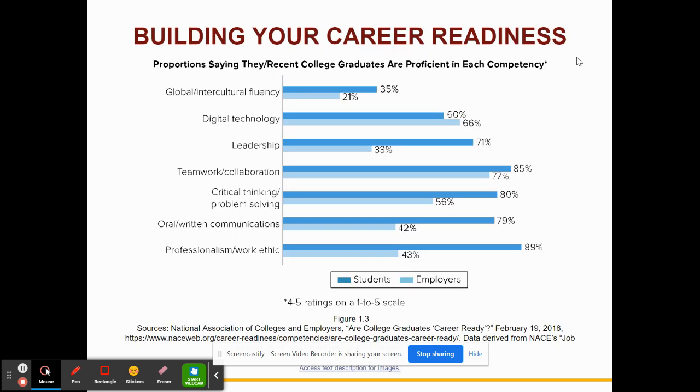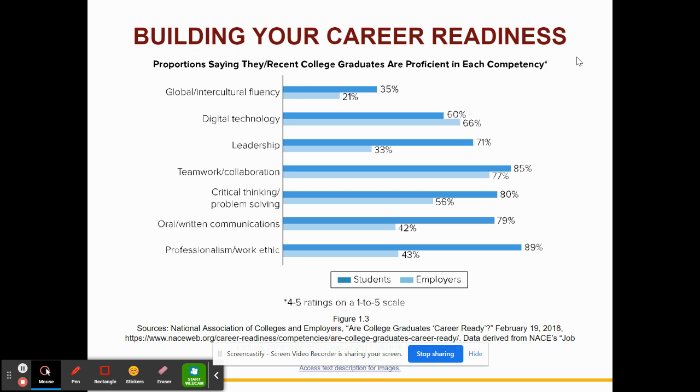Building your career readiness. So, proportion saying that recent college grads are proficient in each competency. So this is just, as you can see there, different examples of surveys, like global intercultural fluency, and then the proportion. So the dark blue is students saying they are ready for that, they're proficient in that, versus employers. So as you can see, there's a little bit of disparity with some of those